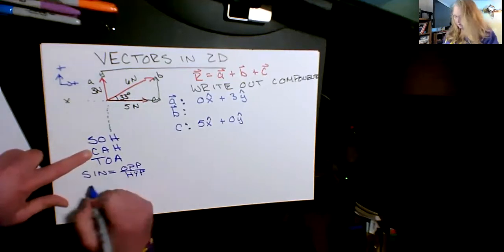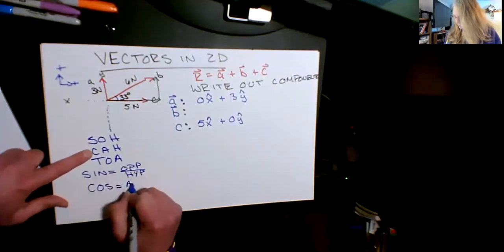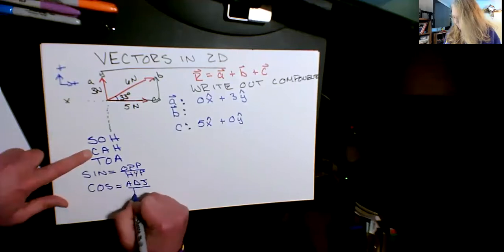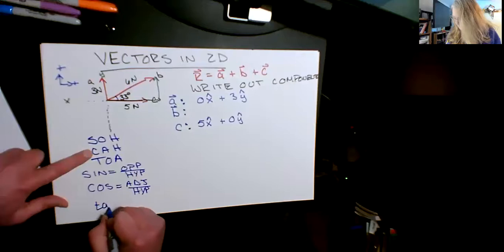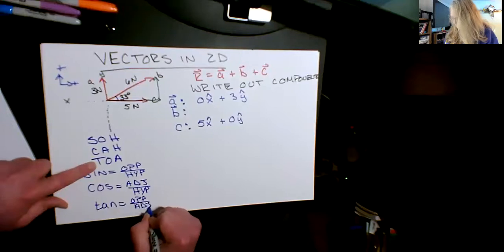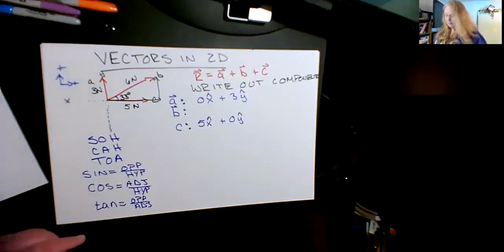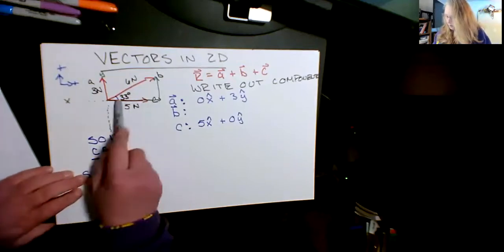And this says that cosine of an angle equals adjacent over hypotenuse. And then tangent of an angle equals opposite over adjacent. That little mnemonic means that